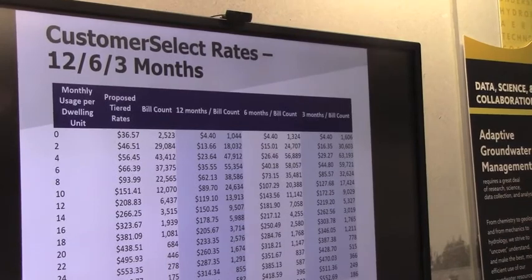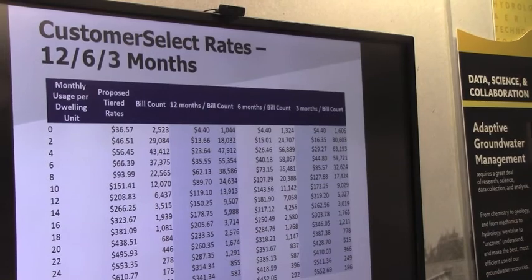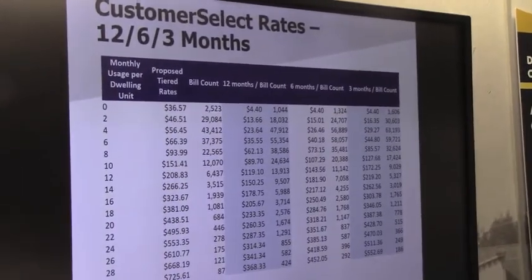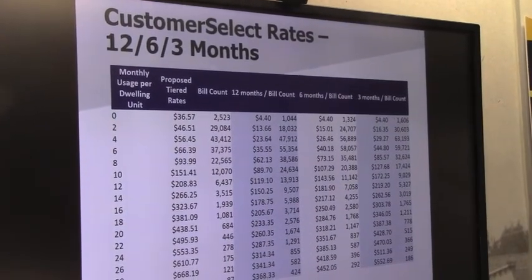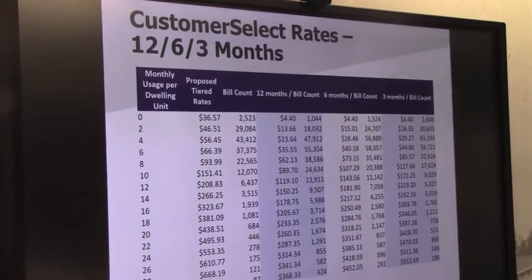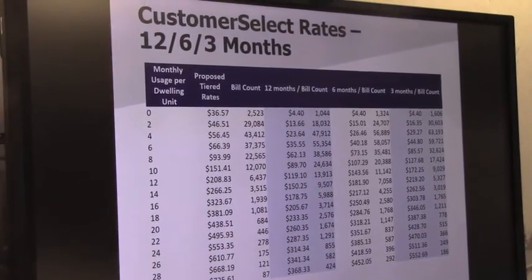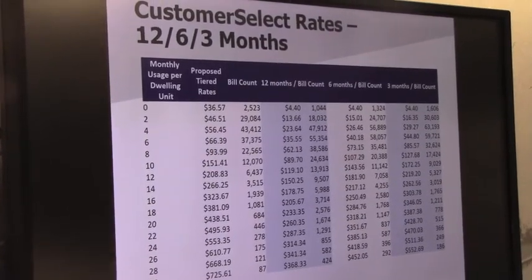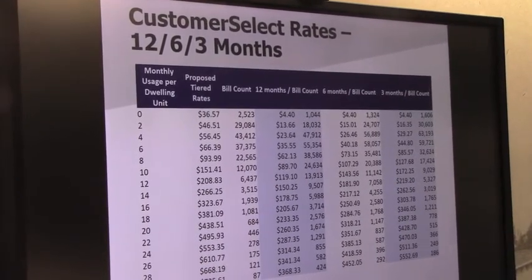Let me make a suggestion. A couple of things. One, I think we can leave that one table out if it's confusing, there's no harm in that. But in furthering the discussion, two big things come to mind for me with CustomerSelect. Number one, the customer is not in a position to know whether they're going to go over in that CustomerSelect plan unless they run out and read their meter or get a special device. Where they will be able to have that is if we go forth with AMI. So as far as timing, that's a big thing.